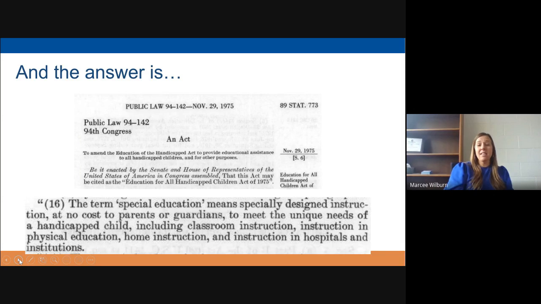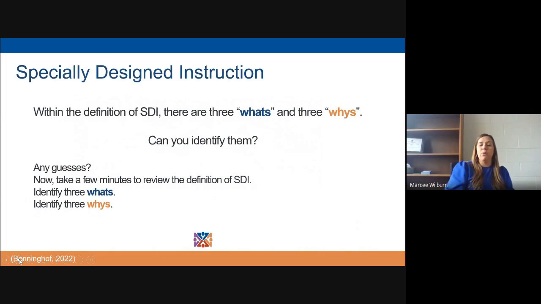Now, since then, there has been additional information added to the definition of specially designed instruction, not to the point where it tells you exactly what to do for students, which I don't think any of you would necessarily want. It's definitely still a law that's left up to interpretation, but we're going to break down the law to begin today's conversation around SDI and really talk about what are the three whats and the three Ys of SDI